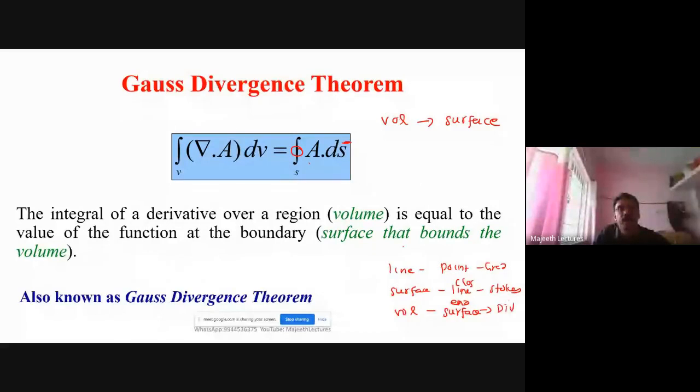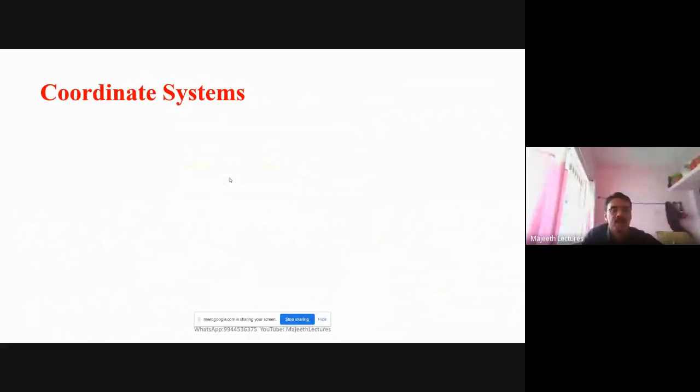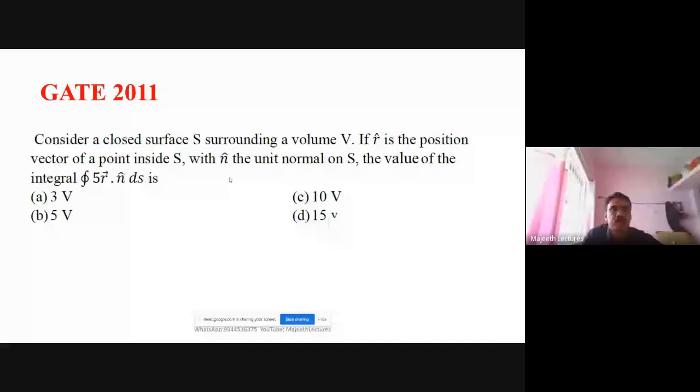So it is called del dot A. Why is it del dot A? I have given an example, so I don't want to waste time on examples. We have to solve problems, so you can see it in my channel. Del dot A dV is equal to closed integral A dot dS, right? So these are all things we must remember. Before that, right, some more problems are there.